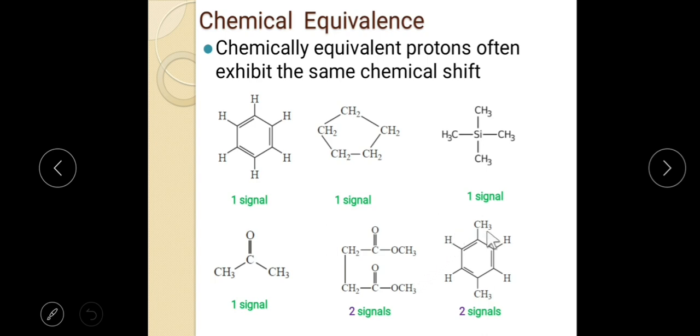Now we have the paraxylene molecule. You can see the plane passing through the methyl groups, and also the plane passing through the hydrogens. So this CH3 and this CH3 are in the same chemical environment. These 2 CH3 will show one signal and all the 4 hydrogens will show one signal. That means paraxylene will show 2 signals in NMR spectroscopy. This is the basic that I think we all learned in TYBSc and MSc. That's why I covered it very fast. We will see some advanced things in this lecture.